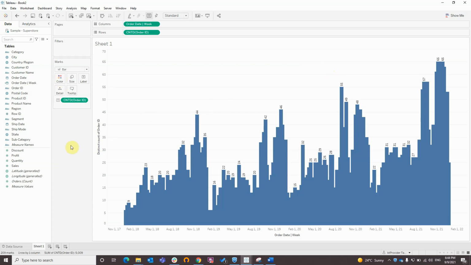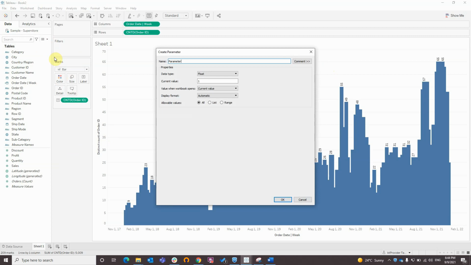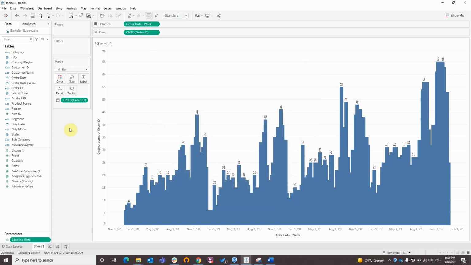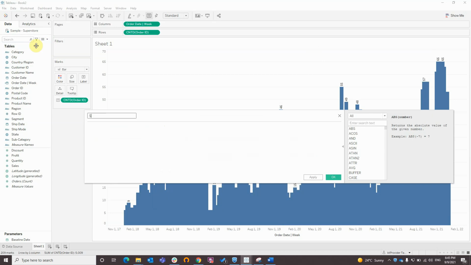The next step is to create dynamic dates, and I will create a new parameter. Create parameter, baseline date, data type, select date, and click OK. Now I will create two calculated fields, start and end, that will be used to create a band using a reference line. Create calculated field, start,